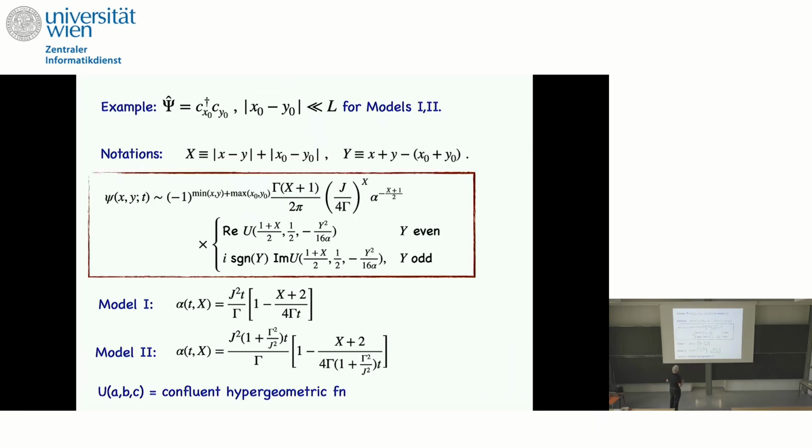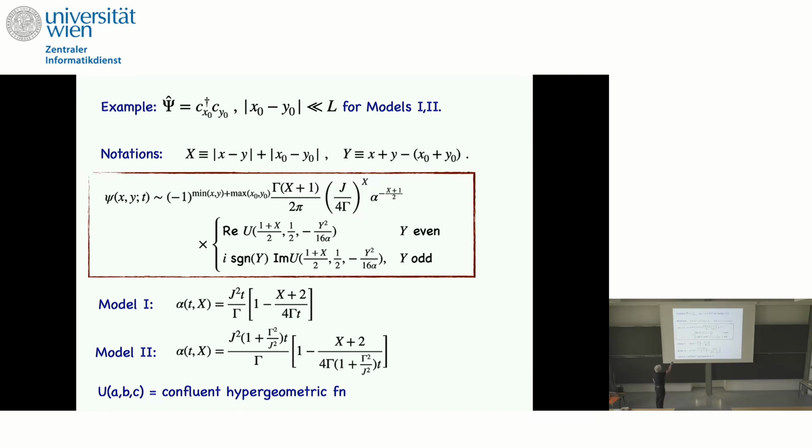So now let's do an example. Let's take this operator to be of this form, which includes the density, and then C dagger j, C j plus 1, C dagger j, C j plus 2, so all of these. Of course, you can do much more generally, but I just show you the results here. And I discuss it for the two models that I've presented for you, where I have one symmetry where there is hydro, one integrable, one non-integrable.